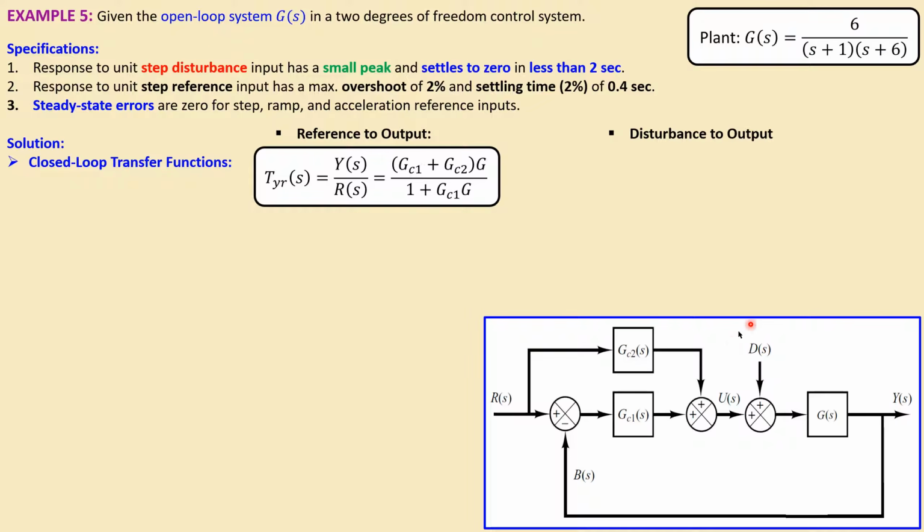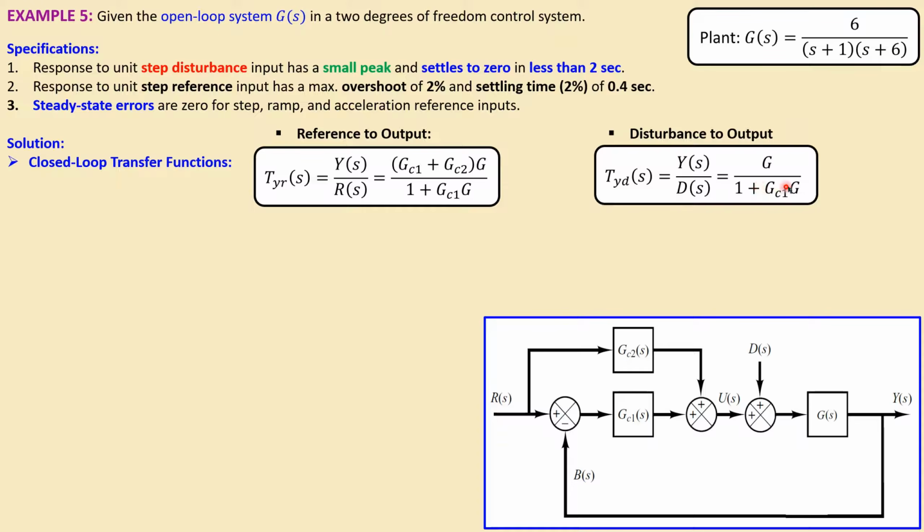For the disturbance to output, only considering the disturbance and not the reference, the closed loop transfer function will be given by this expression. What you see here is that this transfer function and the other one have the same denominator. It means they have the same characteristic equation,